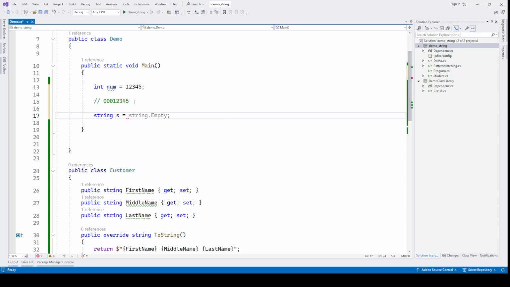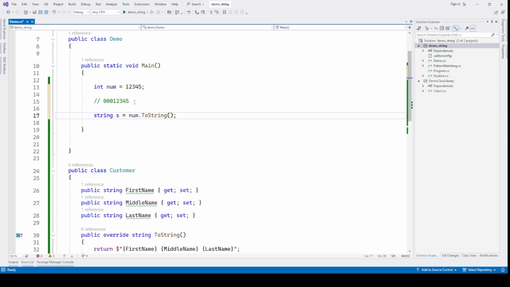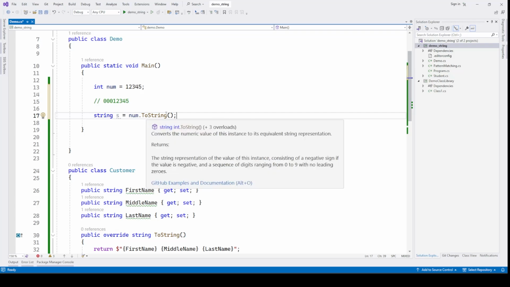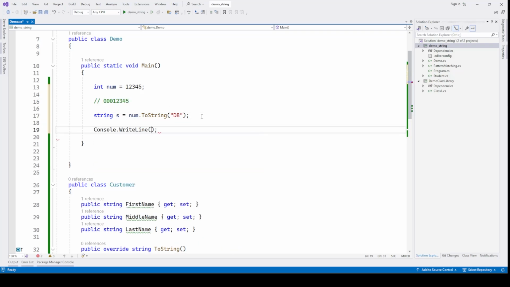You can call number.ToString, and in this case we can pass a parameter that will take the format in which we want to format it. Like we want 8 digits, right? So we can say D8. D stands for digits, and we want 8 digits in our number, so we say 8. And if I run the program now,